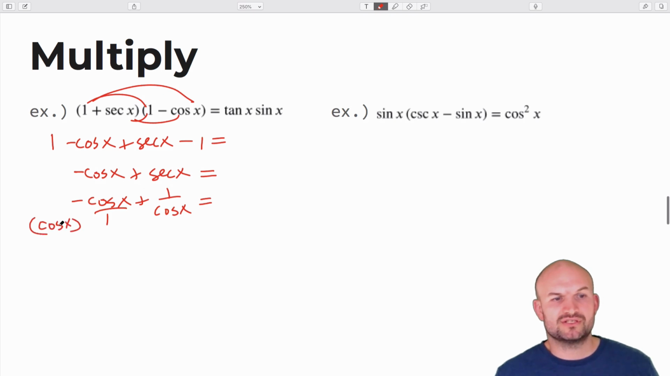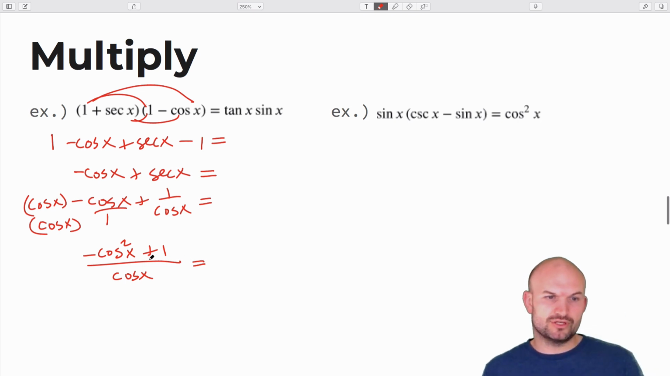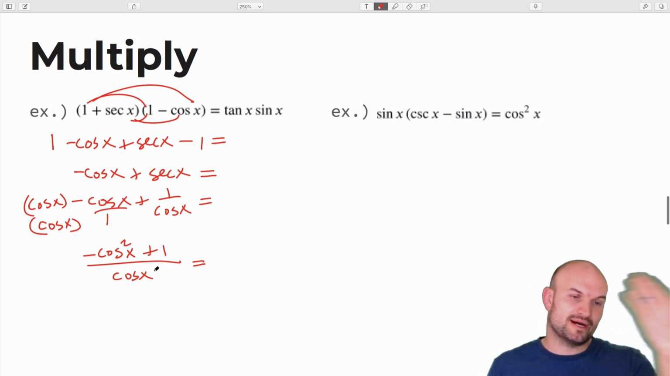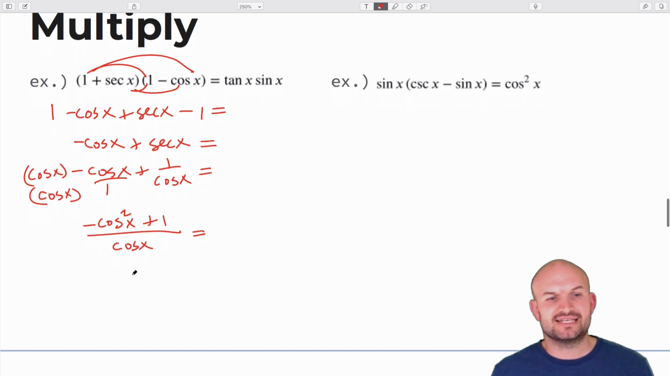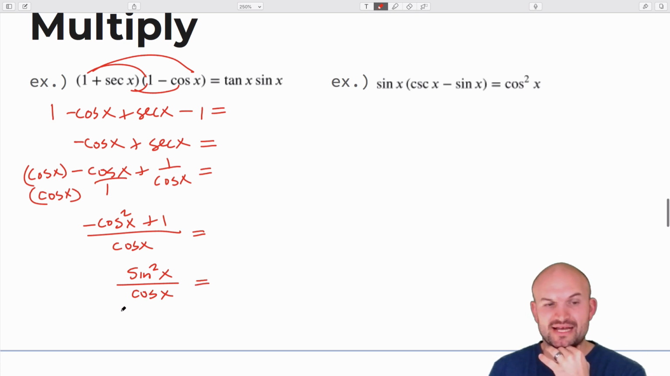So I'll multiply by cosine of x on the left-hand side and a cosine of x on the right-hand side. Therefore, that's going to give me negative cosine squared of x plus 1, all over my common denominator of cosine of x. Now again, going back to my identities, 1 minus cosine squared of x, hopefully you guys see that is going to be sine squared of x all over cosine of x. And then again, kind of doing what we did last time, we can just break up that sine squared of x, sine of x times sine of x,